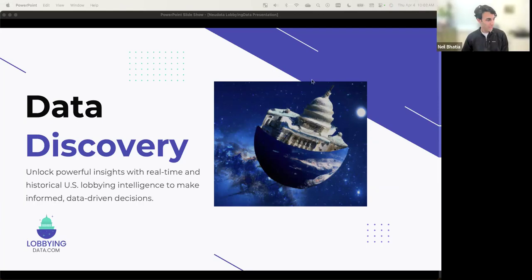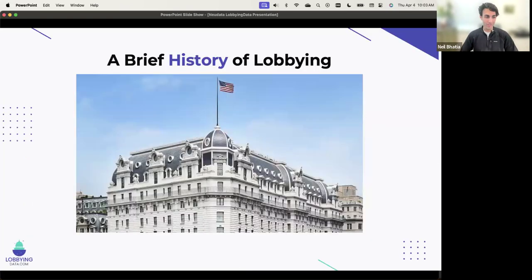Awesome. Thank you, Evan. So today we can go through some of the insights from LobbyingData.com, some of how we get our data, which is one of our top questions, and some of the ways that we've made it more sophisticated over time. So basically, I created LobbyingData.com to address the need for more transparent and accessible information into the world of lobbying. And first of all, just a general history lesson for everyone.